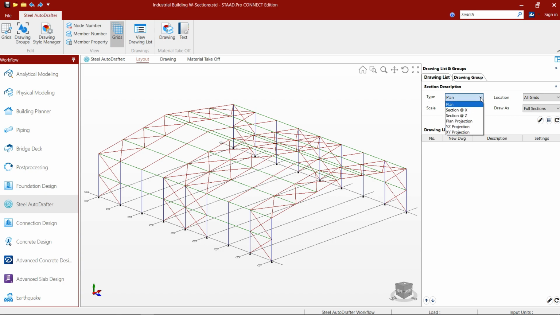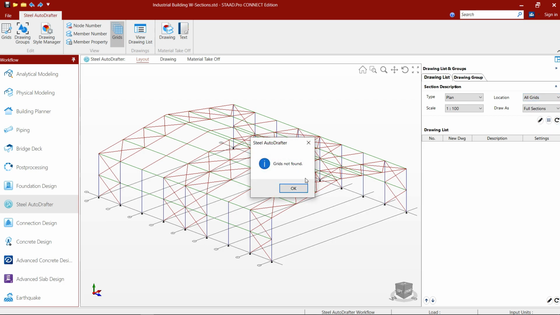So the types of drawings available are plan, section along X, section along Z, then plan projection, then YZ projection and XY projection. So let us start with plan. Plan for all grids, full section, we are going to add the drawings.